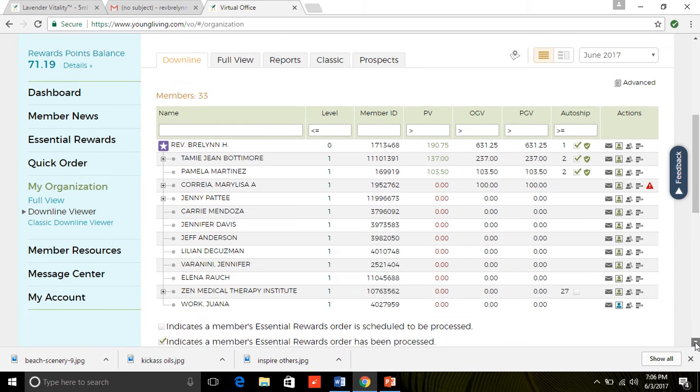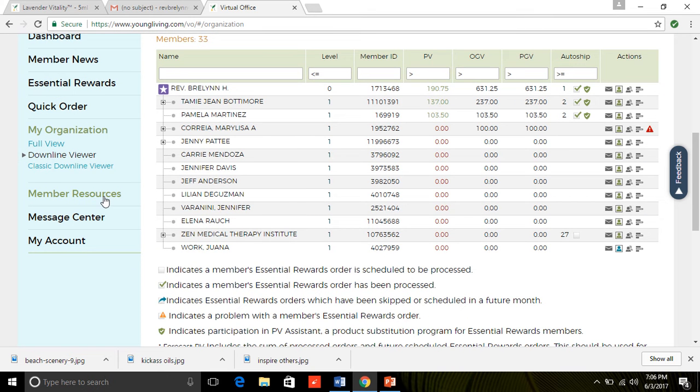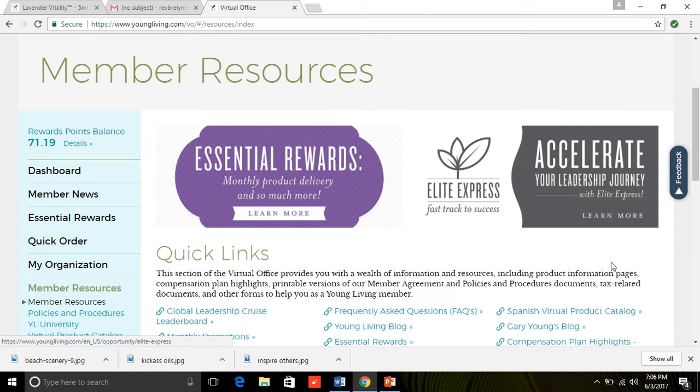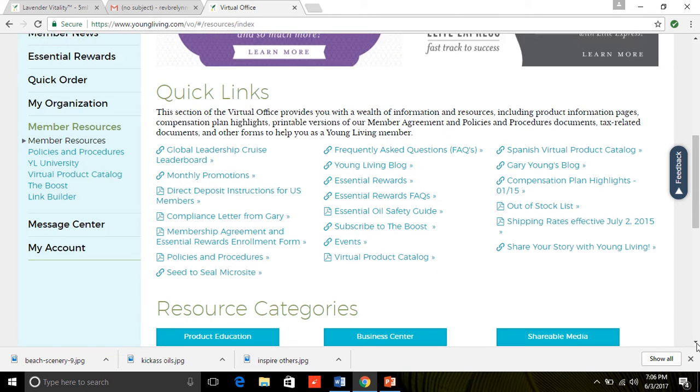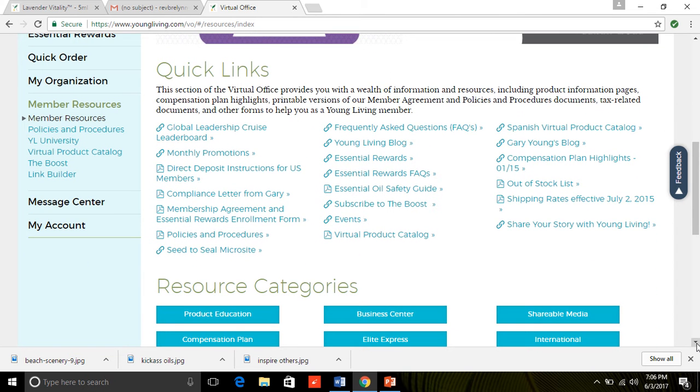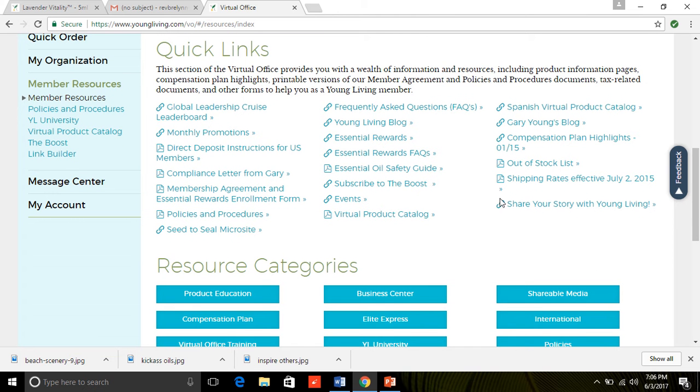So member resources, if you want to go in here to member resources, this is where you'll get a lot of your information if you're interested in looking up and studying more about the company and the essential oils. There's a ton of information in here. So you can look up about the Leadership Cruise leaderboard. I'm not sure what's in that, but monthly promotions, what's happening, how to do direct deposit if you wanted to put your essential or